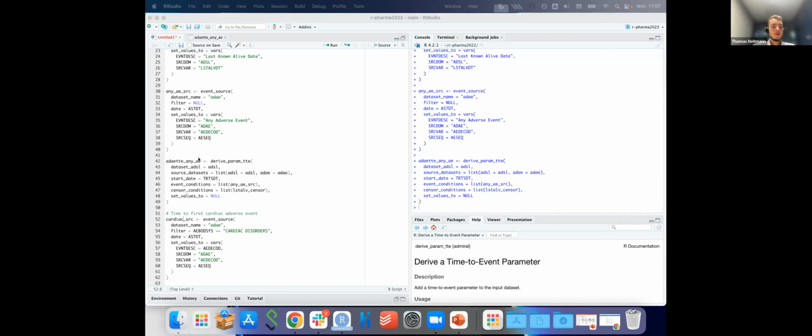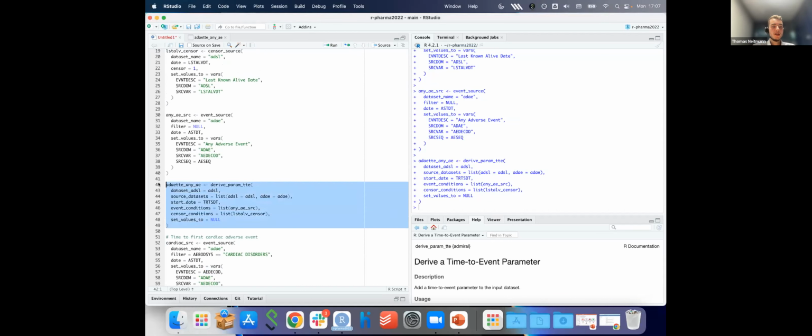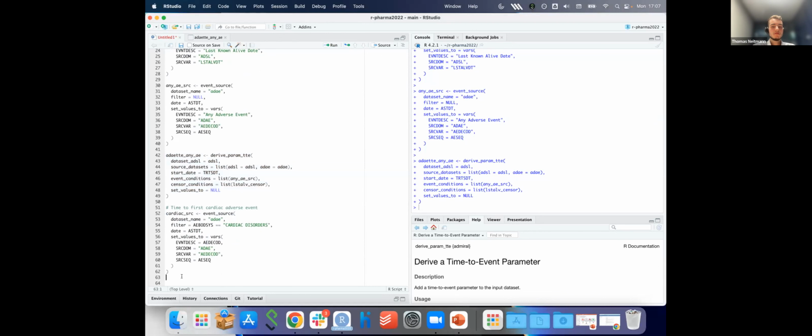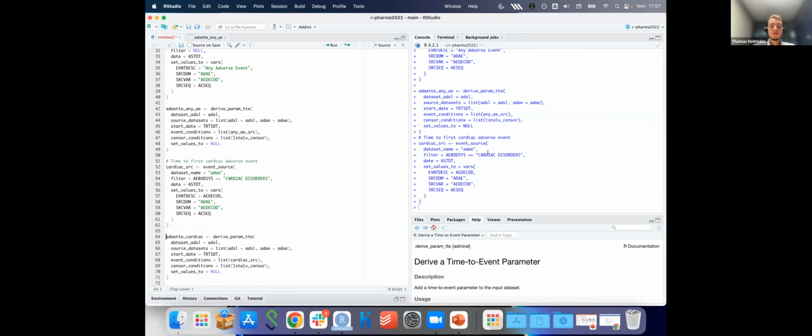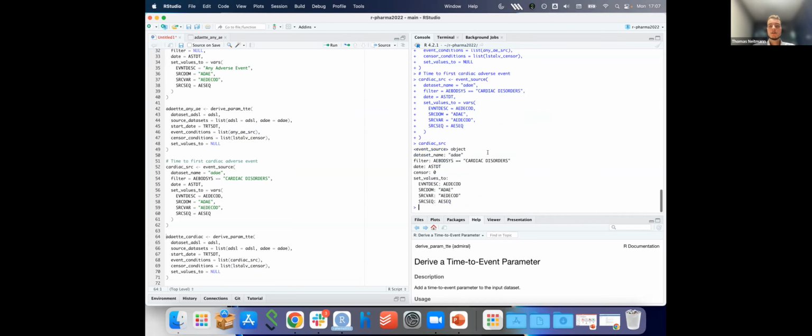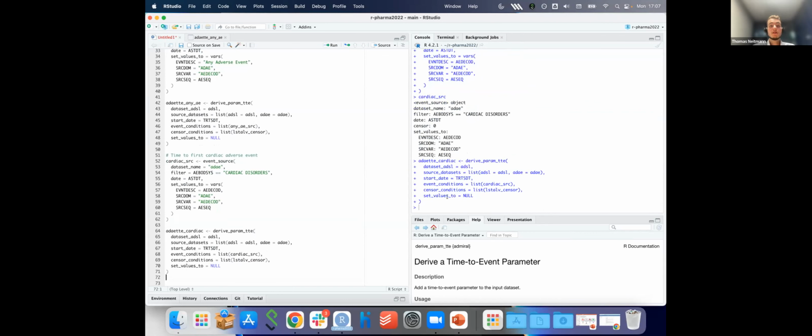And then we can take the code we had up here. Really, we only have to change the name of the new data set we create, and then the only thing we change down here is the source. So cardiac source, again, no computation happened. But now when we call derive param TTE, computation did indeed happen. And now if we look at this,